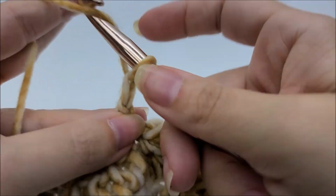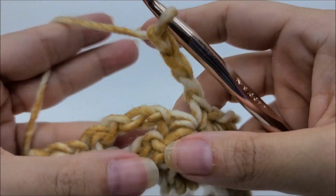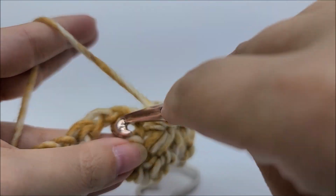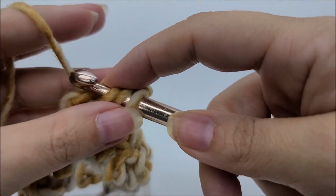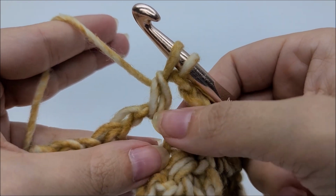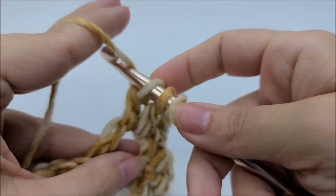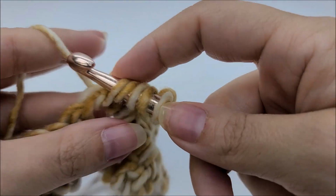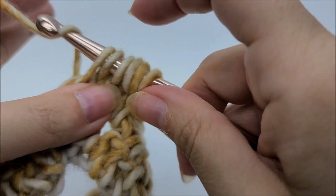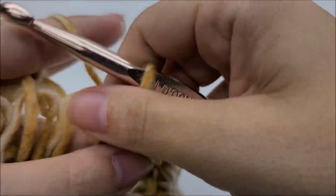We'll start by chaining 3. 1, 2, 3. Jump over here to this chain 3 space, and we're going to do our double crochet 4 together cluster. So we're going to yarn over, go into the chain space, draw up our loop, and yarn over and go through the first 2 loops. Remember, we need to do that 4 times, so that was number 1. There's 2 times, 3 times, 4 times, 5 loops remain, yarn over and go through all 5 loops,